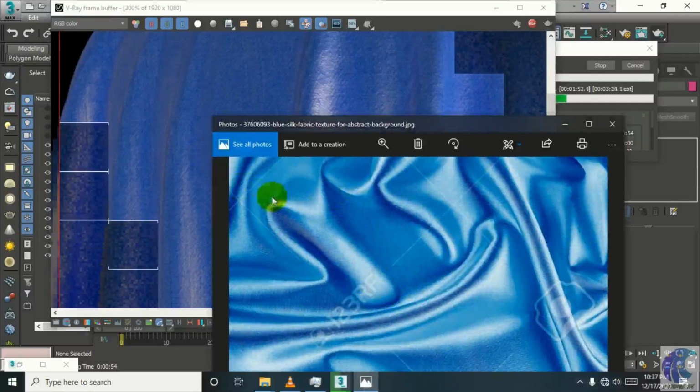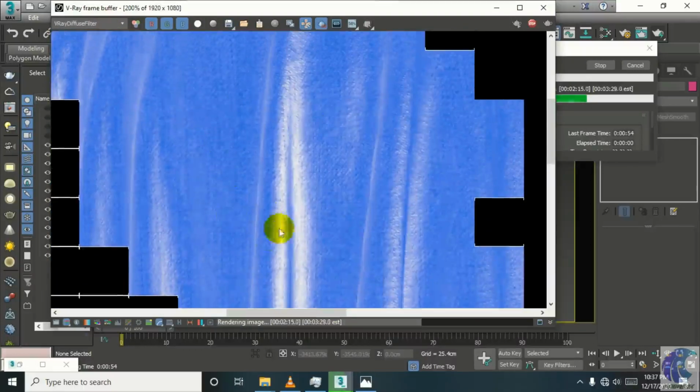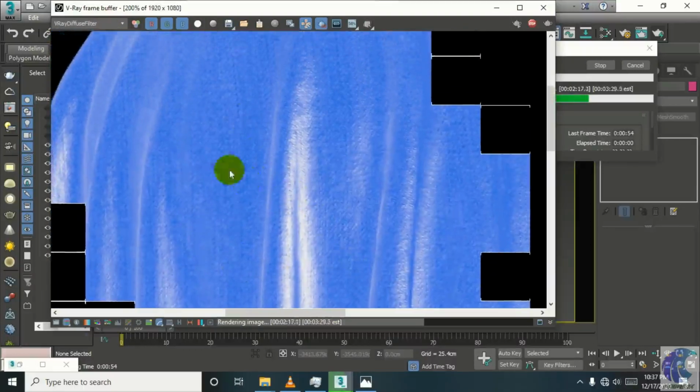The effect of these lines is less visible on this, or is equal. So we just have to decrease this blending of the bump map. We are getting more blending.